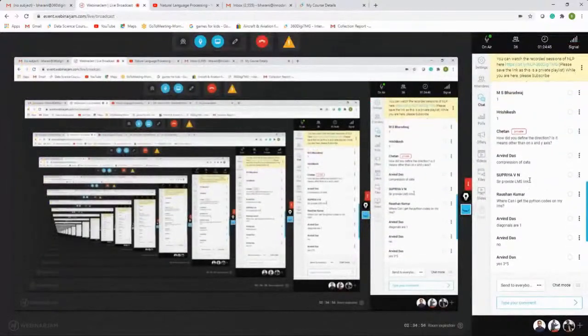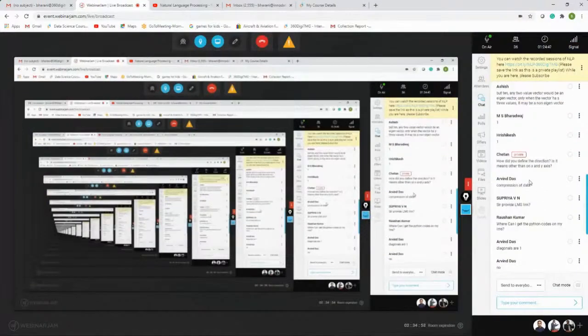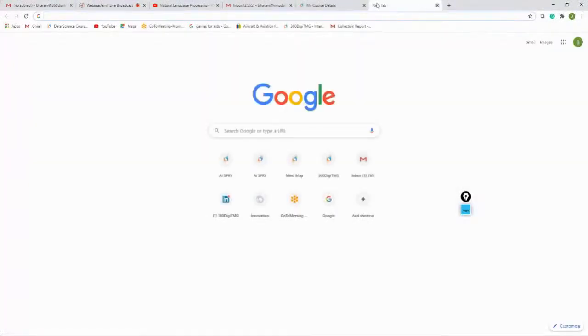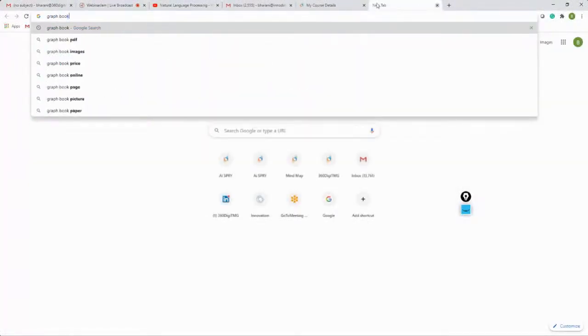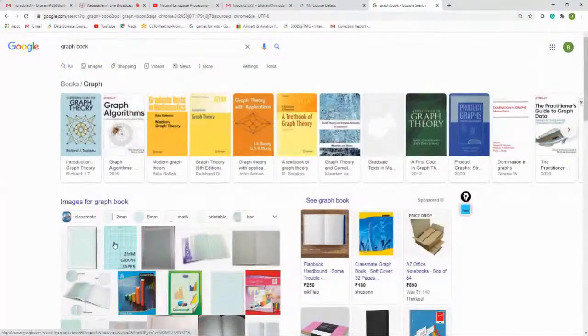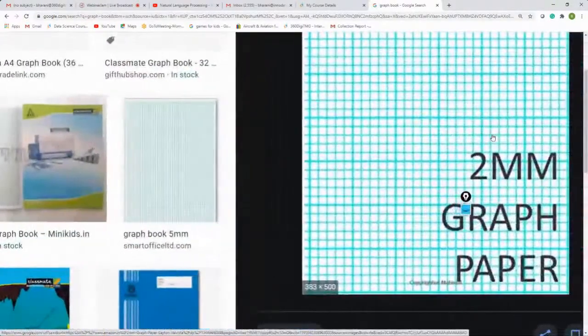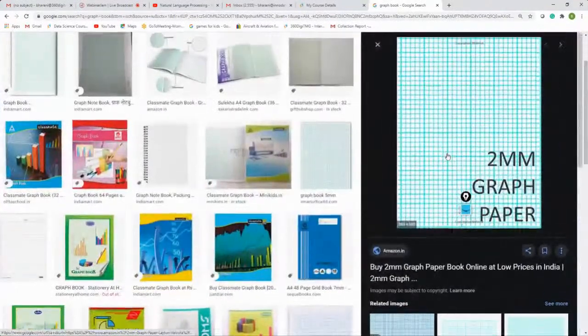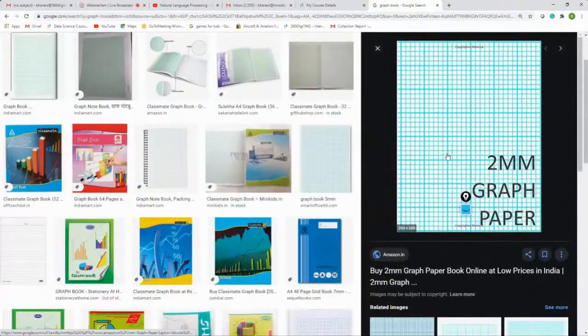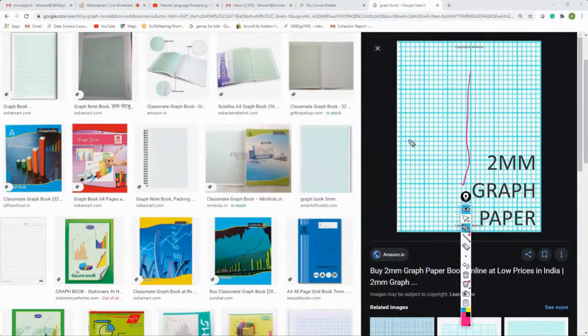Supriya, how did you define the direction? Other than the X and Y axis, that's it, X, Y. When you have this kind of representation, if you remember the graph book from your school days, how do you plot 1 comma 2, 2 comma 3, and so on?